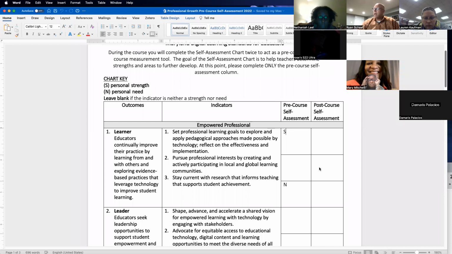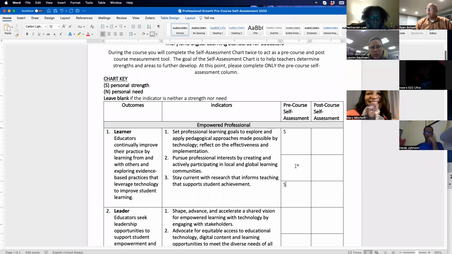I feel like I could do an S. What you would do is you'd come in here and you put the letter S. If you feel like you're neither an expert nor does it feel like a personal need, you'll leave it blank like I left right here. If you feel like something's a personal or professional need, something you need to improve upon, you'll put the letter